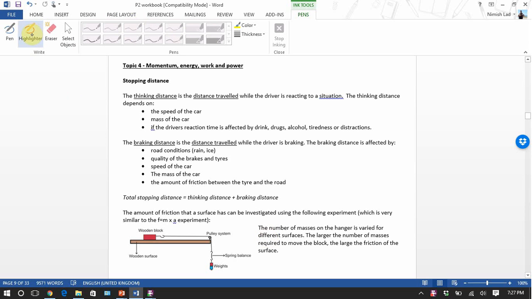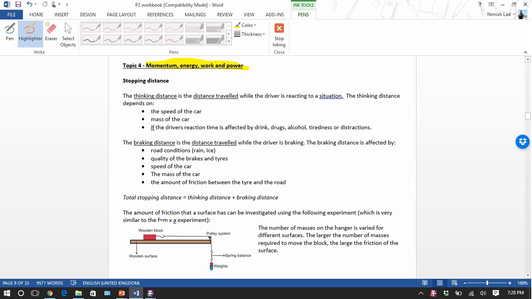So this is a video about topic 4 of Edexcel GCSE Physics P2, which is all about momentum, energy, work and power. You know that normally I do my little assessment videos first that go through how to get certain grades, but on this topic area, because it's quite a short condensed topic area, there's not much point in me